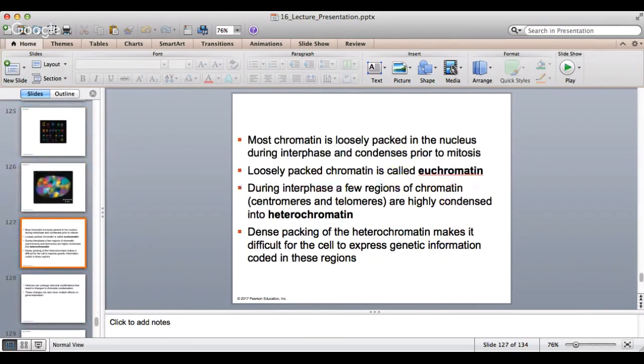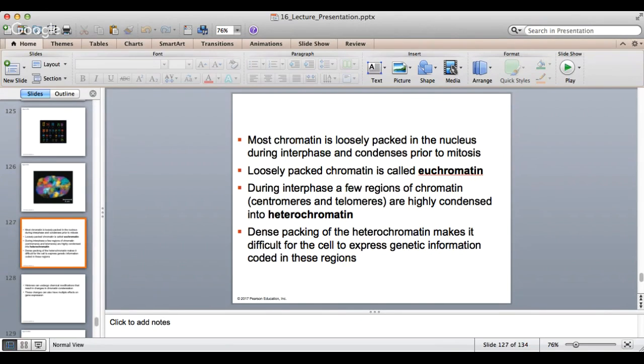So here's what I mentioned before. Loosely packaged chromatin is euchromatin. In interphase, a few regions of that chromatin get more and more highly condensed, which is heterochromatin. Dense packaging of the heterochromatin makes it difficult for the cell to express genetic information. This is how we're going to cut on and off the ability of these pieces of DNA to go through